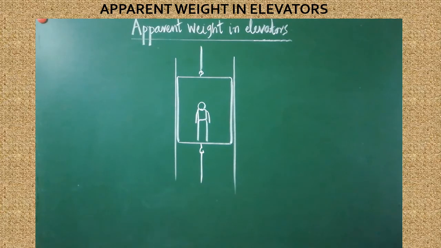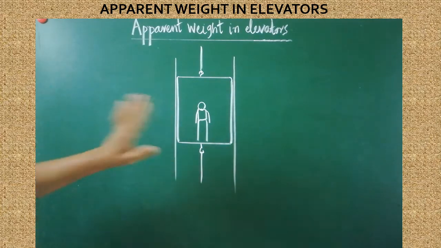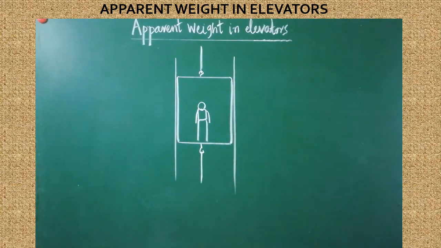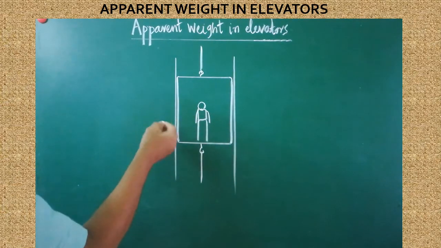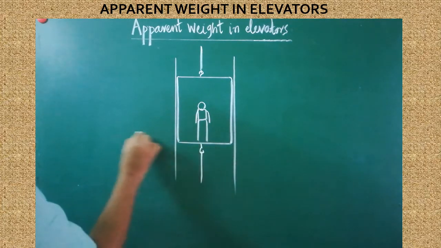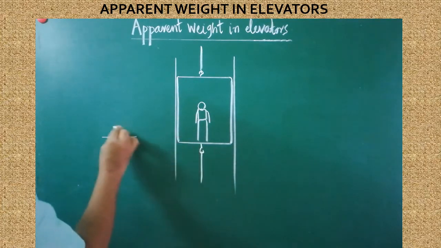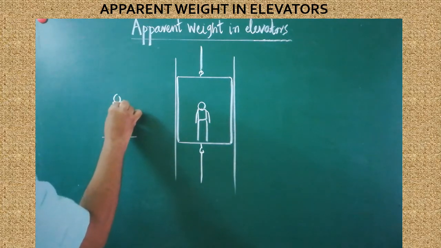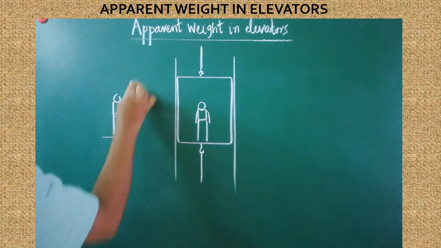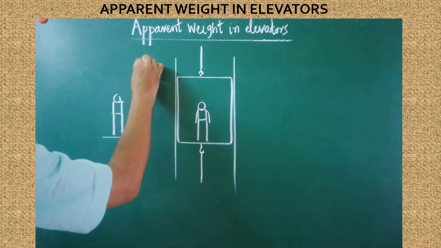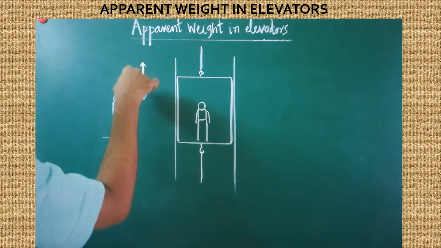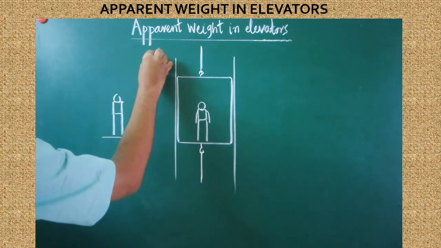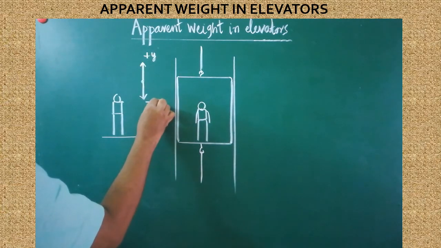Okay, here in the first case, first you should know what are the forces acting on the person. He is standing within the lift or elevator. First we have to analyze what are the forces which are acting on the person. So this is the surface of the lift on which he is standing. Are you clear? So here the upward direction and the downward direction, both of them are to be marked. Let us imagine the axis. This one should be taken as the positive y axis. This one should be taken as the negative y axis.